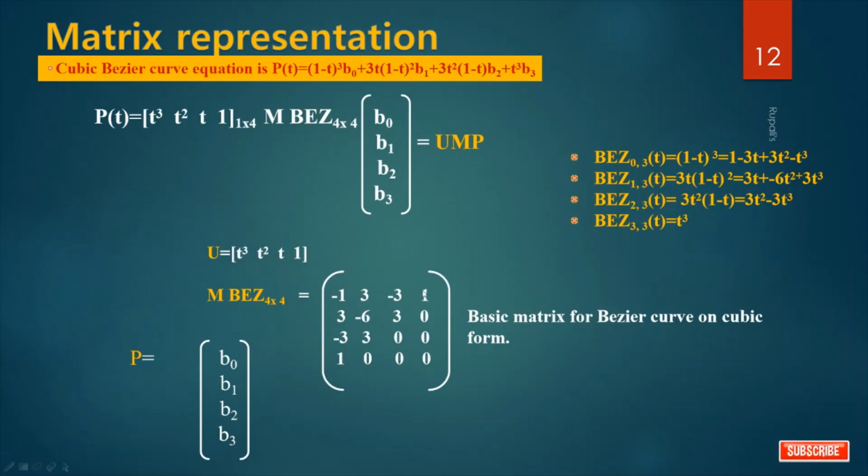For checking whether you have written your matrix in the correct form or not, except the last row and last column, if you add all the numbers in each row, you will get 0. See here, minus 1, 3, minus 3, 1. After addition, it is 0. Second row, after addition, it is 0. Third row, after addition, it is 0, except the last row. And for columns, after addition, you get 0. Second column, 0. Third column, 0, except the last column. In this way, you can check in the examination hall whether your matrix is in the correct form or not.